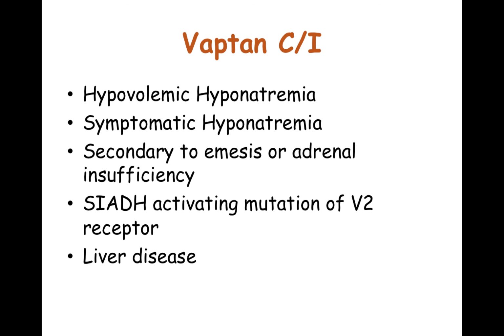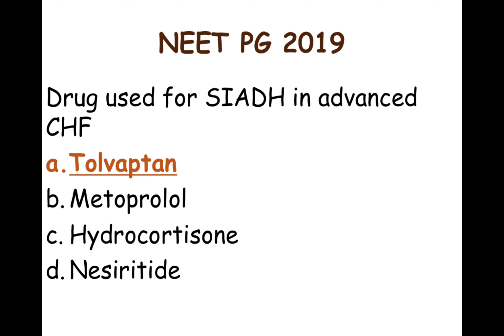Now, when should you not use Vaptans? In hypovolemia. In symptomatic patients, it is better to use 3% saline. If there is, say, Addison's disease, this is again secondary to hypovolemic hyponatremia, you should not use them. If there is an activating mutation of the receptor, then Vaptans will not act, because then there is a straightaway gain of function mutation of the receptor. And since all of them are metabolized by the liver, in liver disease you should not use tolvaptan or conivaptan. So coming back to the question,